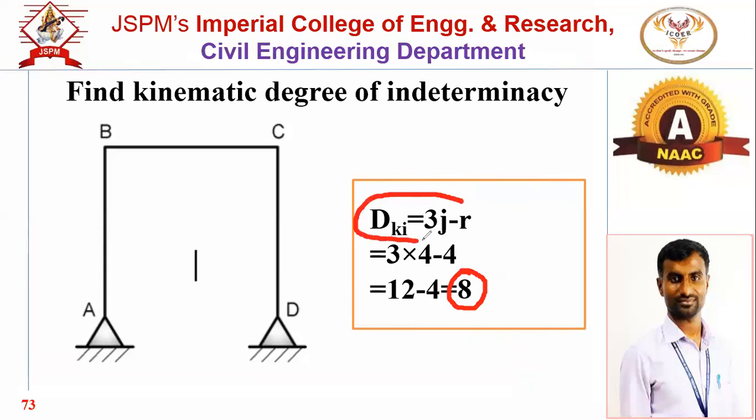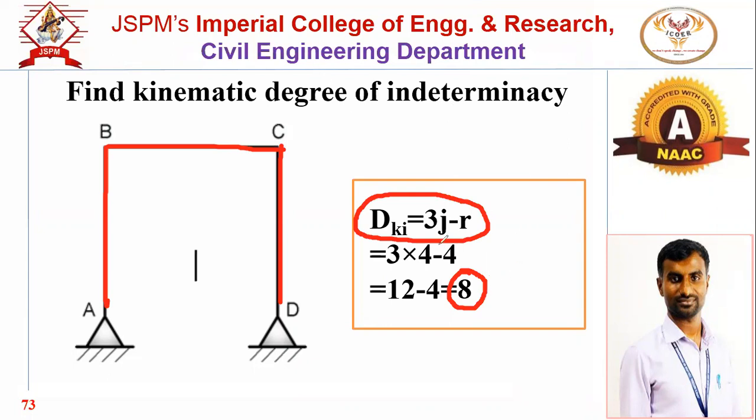Considering the axial deformation, this is 8. Okay. So if you neglect, how many members are there now? This is AB column, this is BC beam, and this is CD column. There are 3 members. Now here, for this particular answer 8, we have